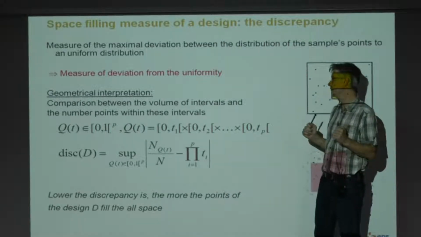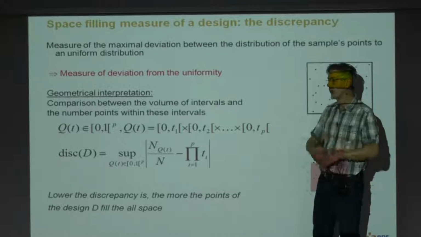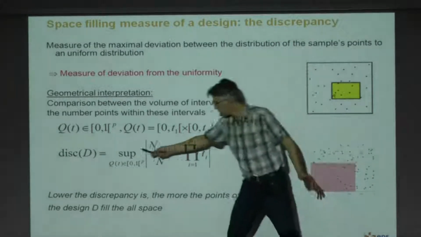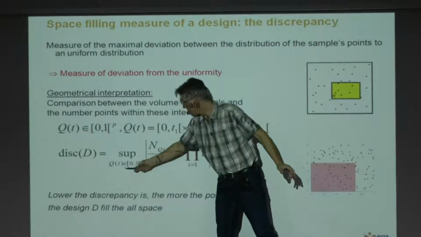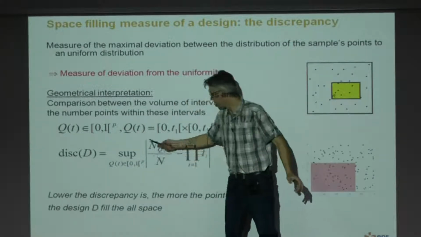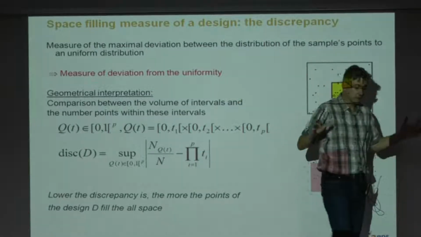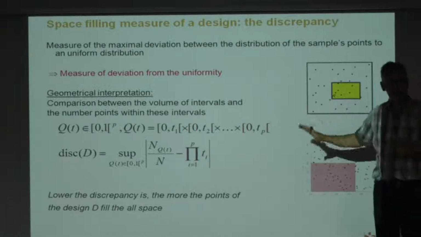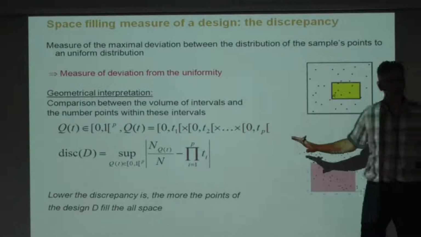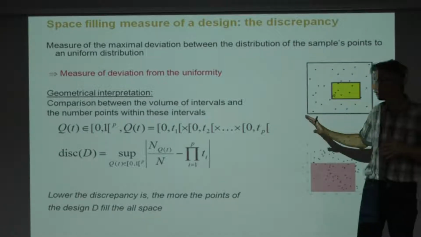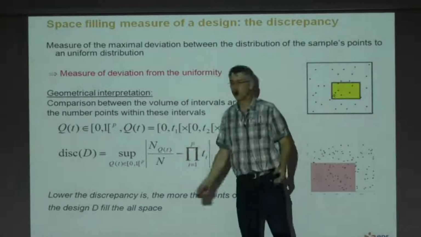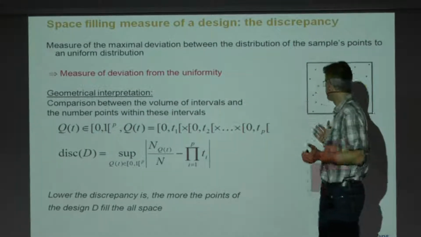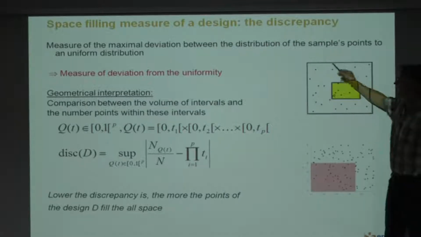The discrepancy measure is the sup over all the possible subintervals which exist. So the sup here on Q, over any subintervals, of this measure. This is the definition of the discrepancy, but I have to say that it's impossible to compute, of course. So we will simplify the problem. It's impossible to compute such a measure because we have to look at all the subintervals. There is an infinity of subintervals inside a domain.